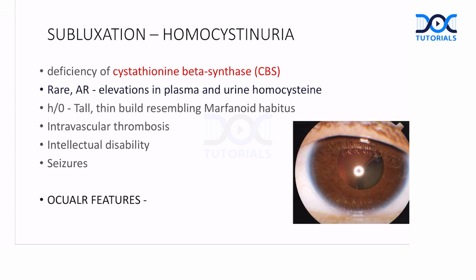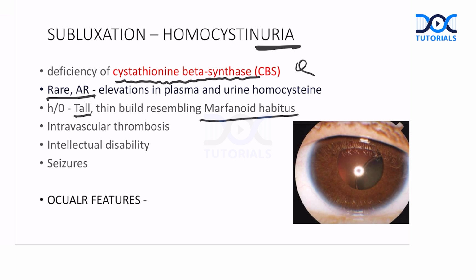Now, very similar to Marfan's because we have a subluxation and we have a Marfanoid habitus. So here also our patient is tall, having thin build, resembling Marfanoid habitus, but here the kind of displacement is inferior. Okay, very easy word, urine. Urine, down. So the lens is also going down. Now what is the problem? I hope you know that this is not a very common disorder. It has autosomal recessive inheritance and the patient has a very high level of homocysteine in the body and in the urine. Why? Because of the deficiency of this enzyme, cystathionine beta synthase. Very frequently we have questions from this topic.